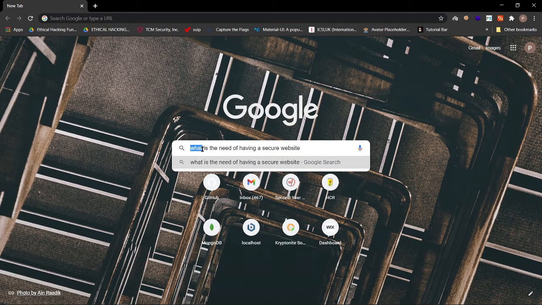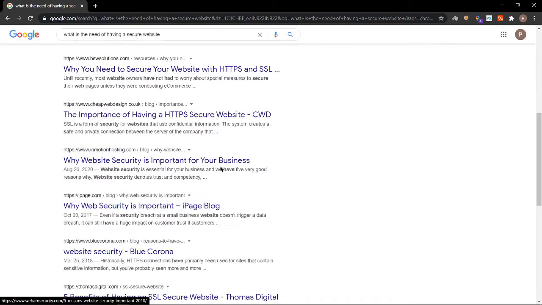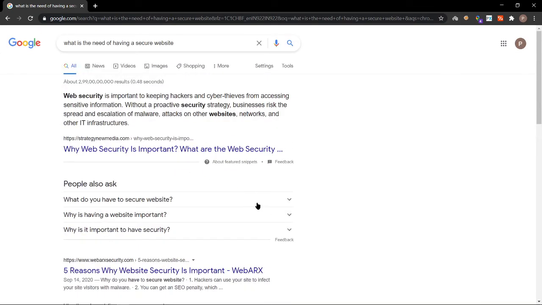This is a keyword for Google, and this is a keyword, and this is a keyword. So totally one, two, three, four, five, six, seven, eight, nine, ten, mostly ten keywords are there. Google will search for all these ten keywords in its database and show results accordingly. But these results will be relevant to what we are in search of, not the exact result that we are looking for.